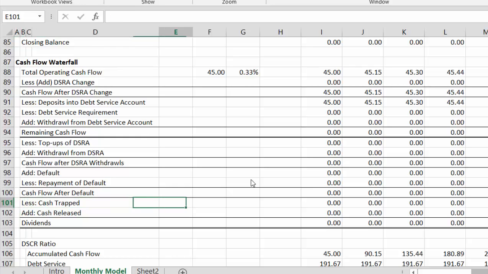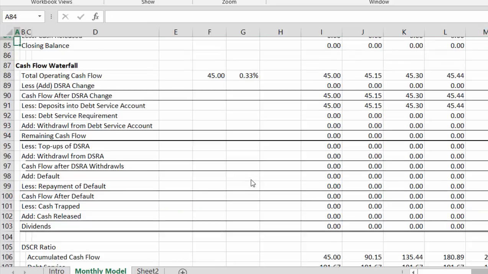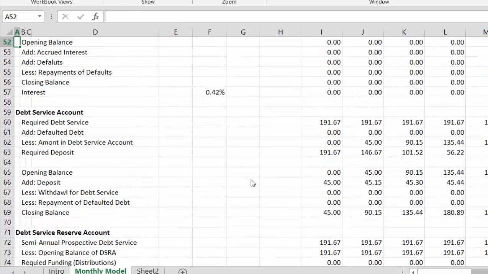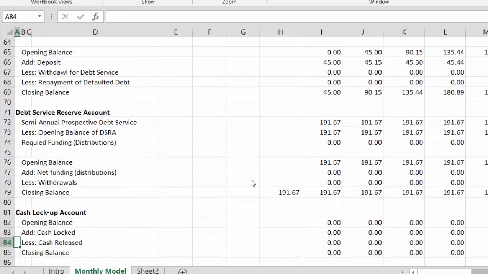Now, when we sweep it, we could, I suppose, just reduce the cash flow, but let's put a little sweep account. So we sweep the cash, we take it away, and then we use it to repay the debt in the next period. Of course, I've never done this before in a monthly analysis, so that might not be true, but